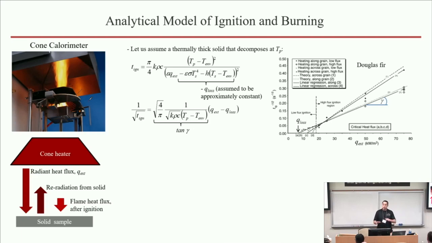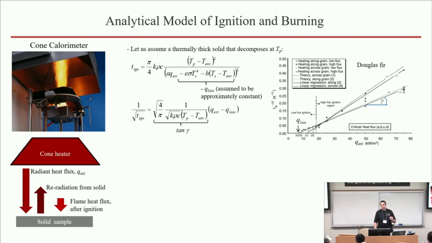Now that experiment, of course, also has a burning phase, and it is reflected in a modified diagram that is located on the left. In the burning phase, you no longer have convective losses because now your sample is covered with the flame. So instead of convective losses, you have additional heat flux that can be convective or radiative, depending on the exact size of that flame, that adds heat to your system.